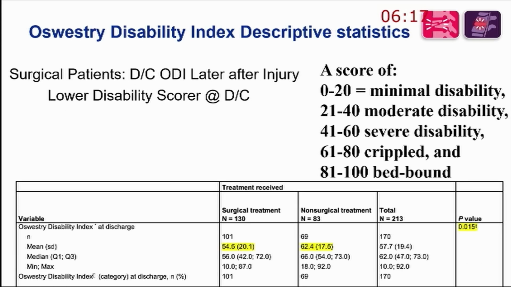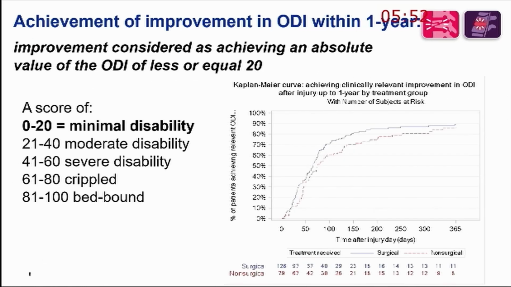Because when you look into the data, marked yellow here, patients who have had surgery achieved a clinically relevant difference already at discharge. So after surgery, our patients treated surgically were doing relevantly better than those being treated conservatively. And the minimal disability stayed more or less the same over the whole period of time. Only at the end of 1 year, the difference was not significant.